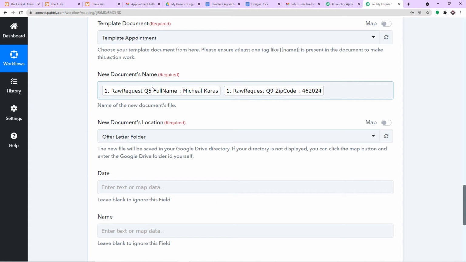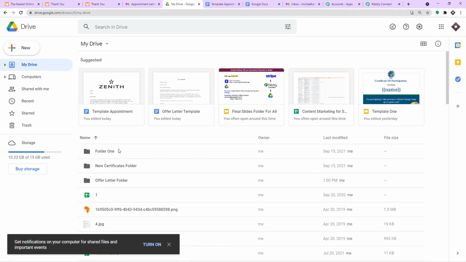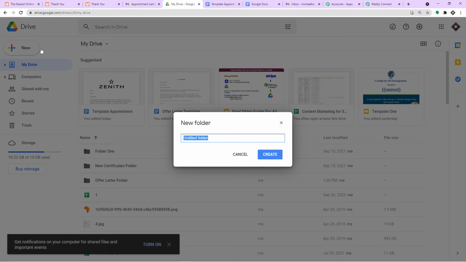And where will this newly created document be stored? That's a good question. This new document will be stored in our Google Drive. As you can see, this is my Google Drive. The newly created document will of course be stored in some kind of folder, so I'm going to create a new folder for the documents when they are created.